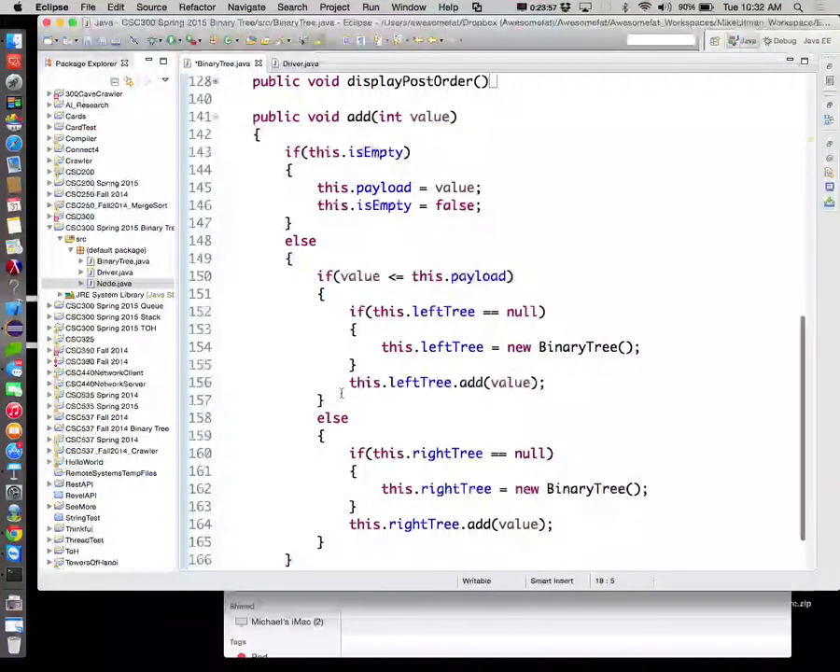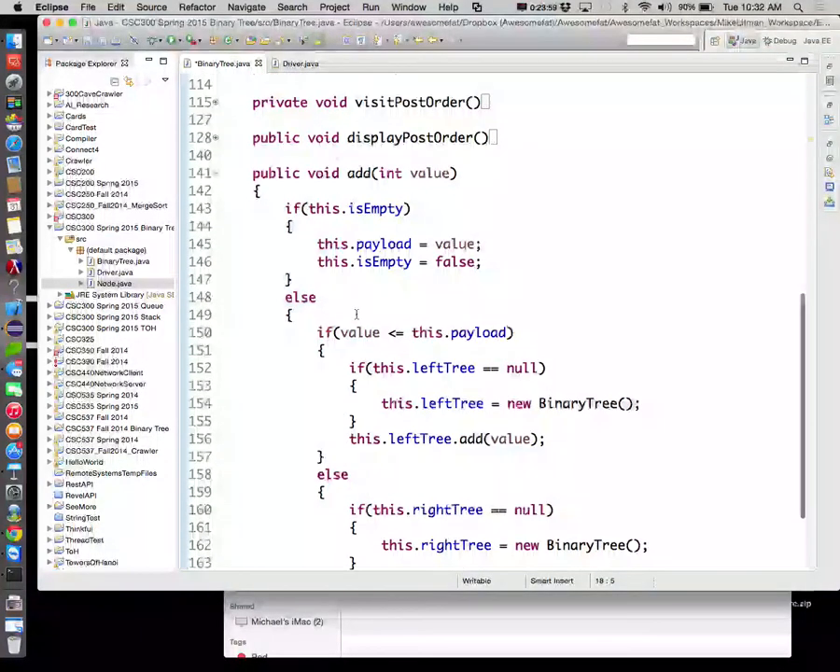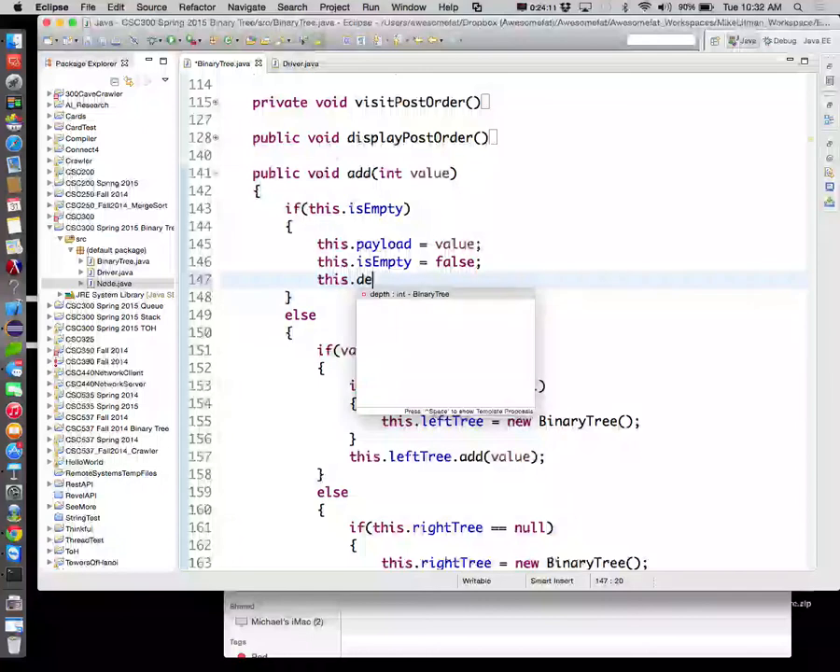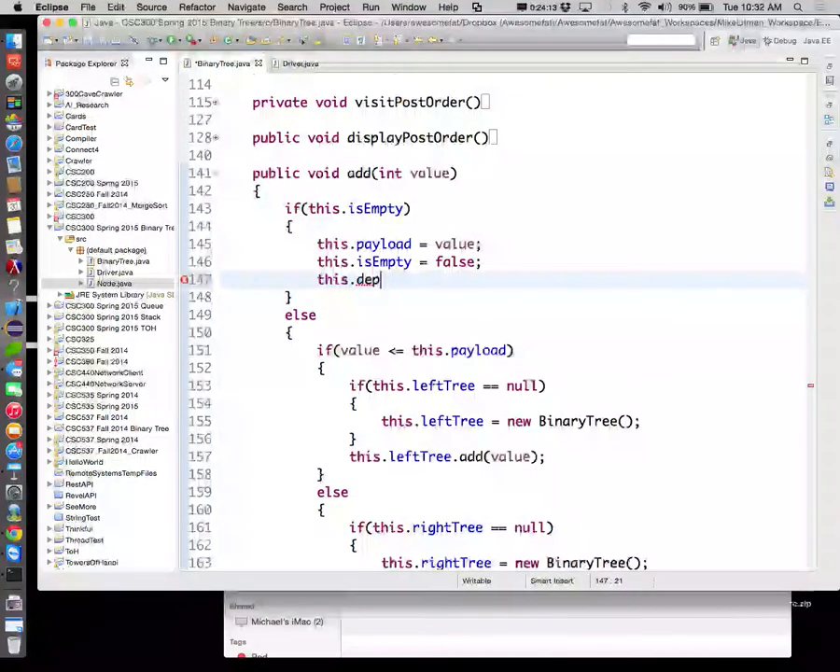So now down here in add, when we add something to our tree, when we're dealing with the empty tree, we set this tree's payload equal to something, we set isEmpty to false, and we'll set this dot depth equal to 0. And we're going to see that this isn't quite good enough yet. And we're going to actually see the weakness here in a second. All right, so